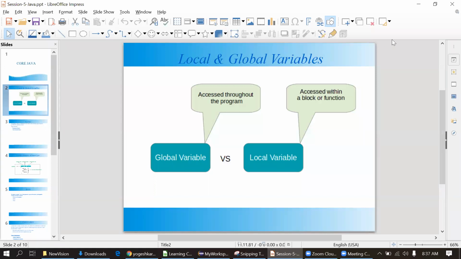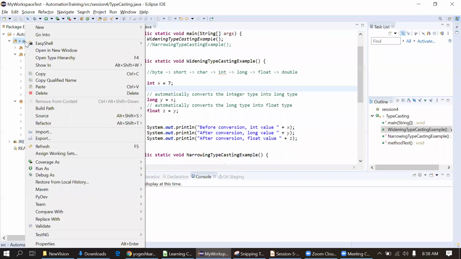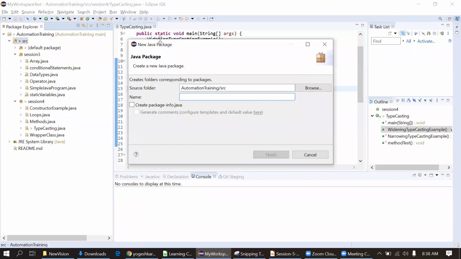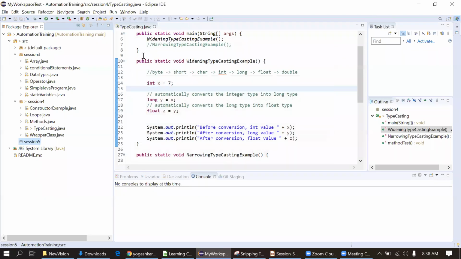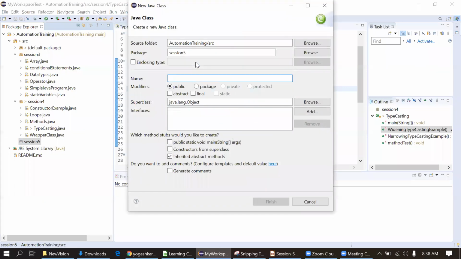Okay, so I will just show you one example in the Eclipse. I am creating one package. Right click on the src, new package, session 5, finish. I have created the package. Now I will create a class, Global and local variable.